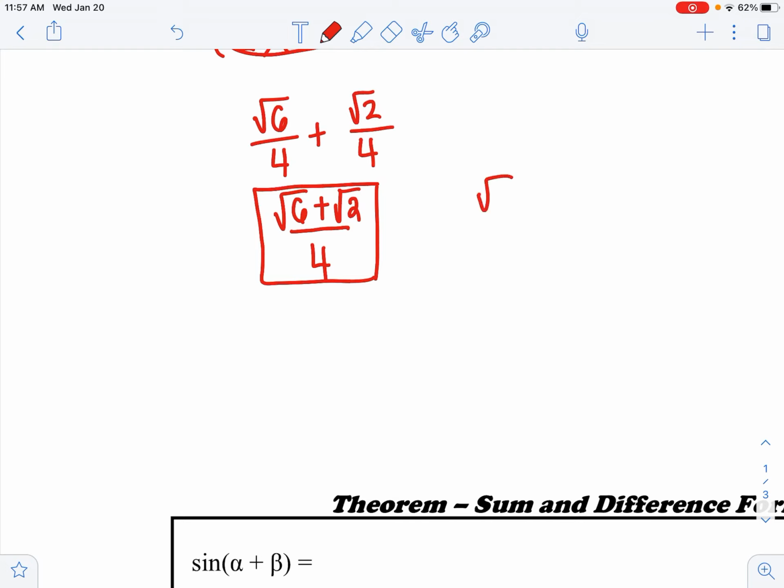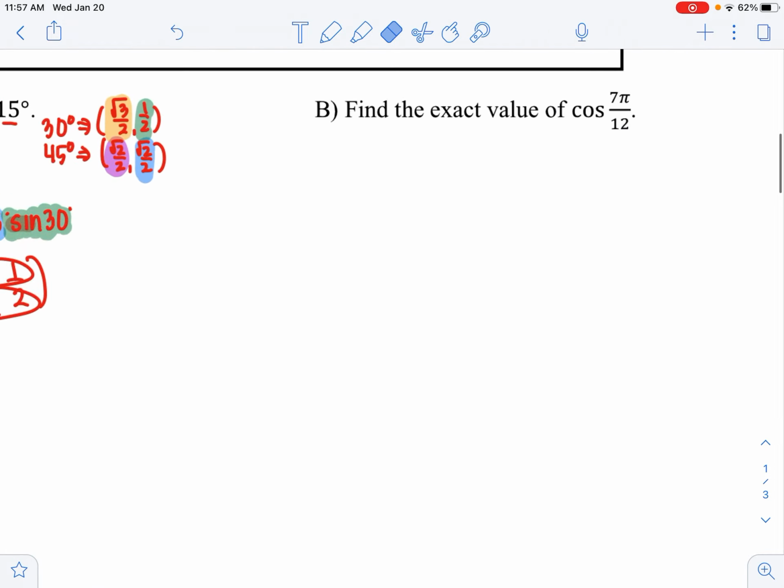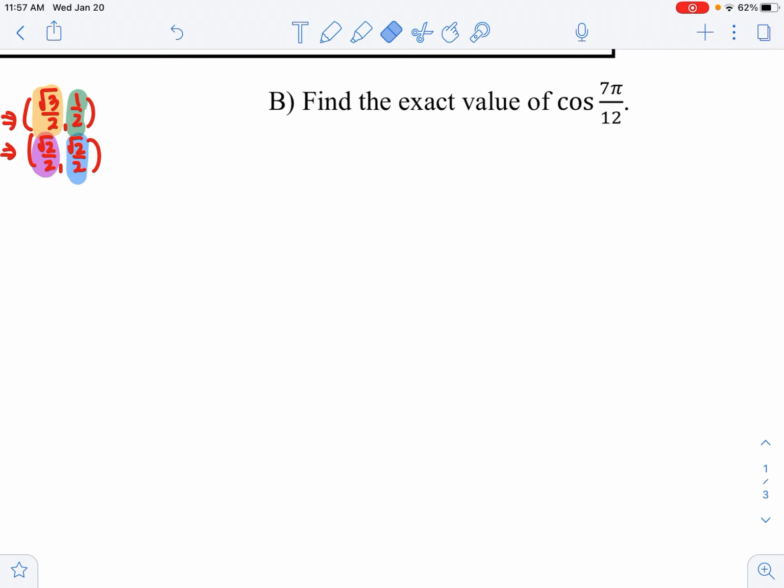Okay? All right, now I also want you to realize that root 2 plus root 6 is the exact same answer. If you would have used 60 minus 45, you would have gotten the answer looking like this instead, and it's the same exact thing. Okay, so please keep in mind equivalencies. All right, let's try another one with